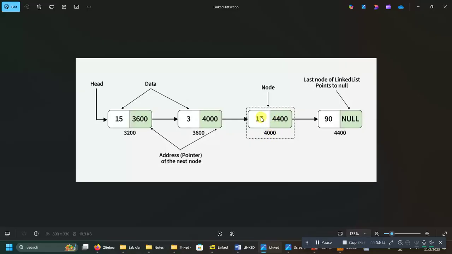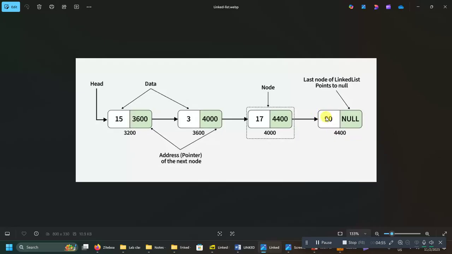Temp will move from the second node to the third node, which is identified by the memory address 4000. Here also it will print the data part of this node using temp data. It will now print 17. Then it will move to the next node. The next node's memory address is 4400, which is stored over here. So temp next means the address of the next node, which is 4400. The temp pointer is now going to move from this node to this node. Here also it will execute the same steps once again. Temp is currently not null because temp is pointing to the address of the last node, which is 4400. Once it has printed 90,